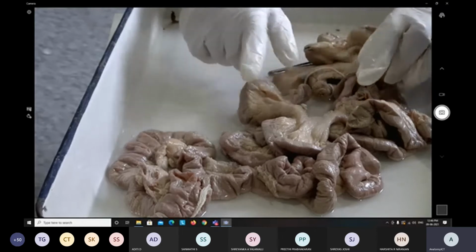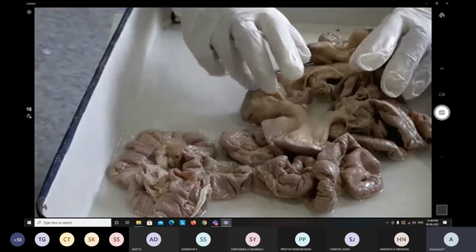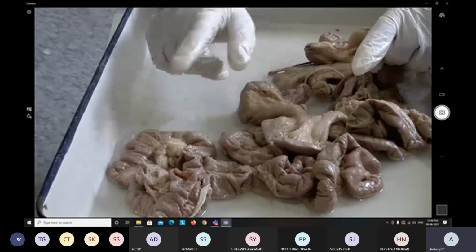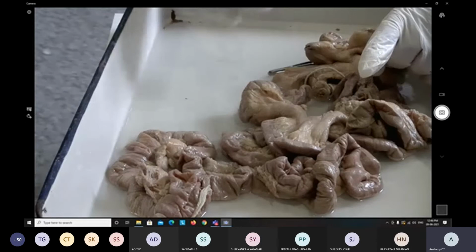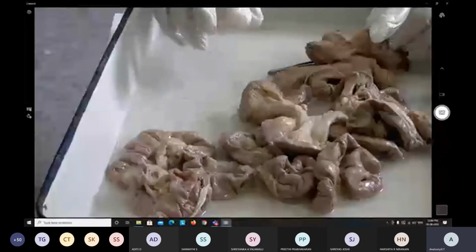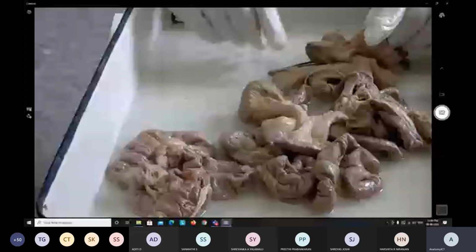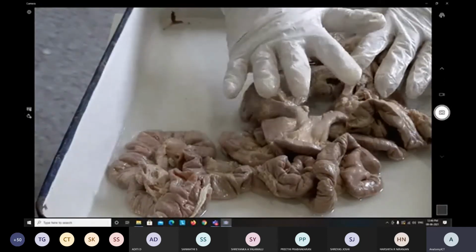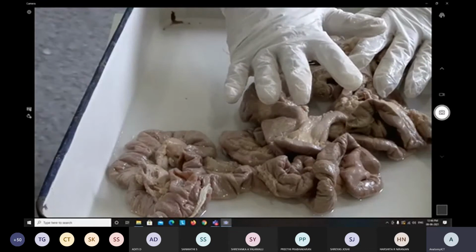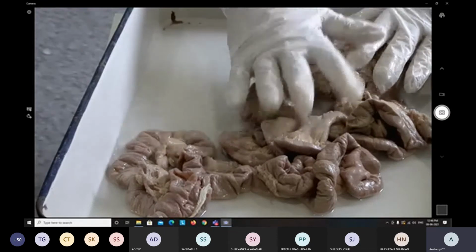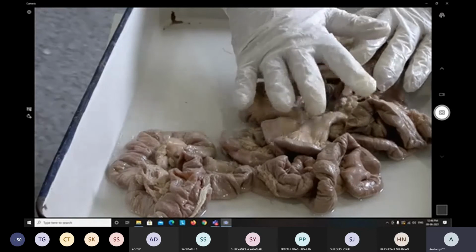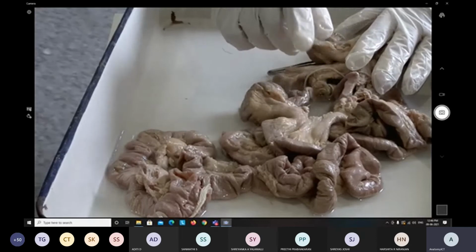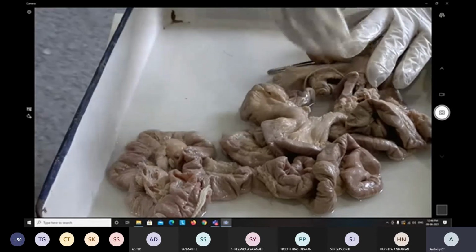The superior mesenteric vein and inferior mesenteric vein, along with fusion with each other, form a mesenteric vein, and that mesenteric vein joins with the splenic vein and forms the portal vein. This is how the portal vein ultimately drains into the liver. It means whatever is absorbed from the whole small intestine and part of the large intestine goes through the superior and inferior mesenteric veins and their branches, which fuse with the splenic vein to form the portal vein, which ultimately drains into the liver.